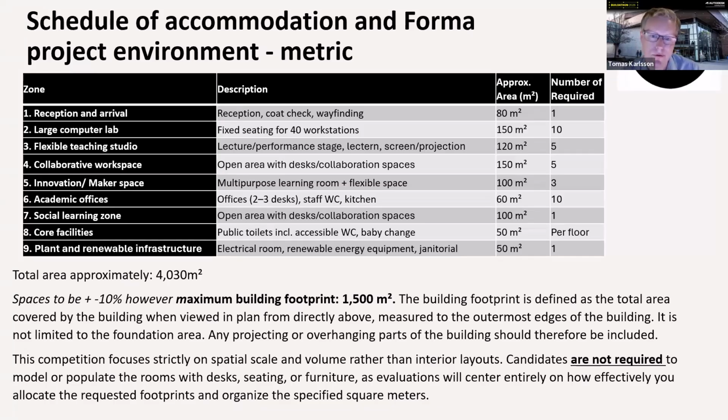We don't want you to spend time designing furniture, desks, etc. Focus on the overall layout, make sure that you include all the zones and have an appropriate and logical relationship between the zones, but don't spend time designing furniture and other details.